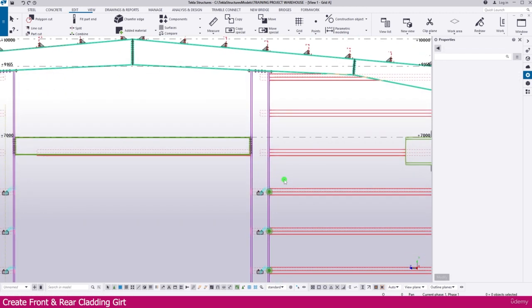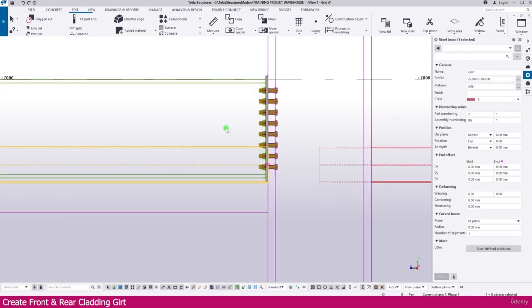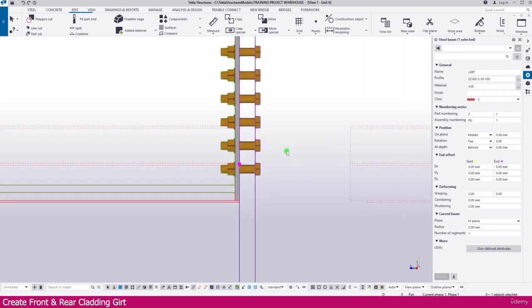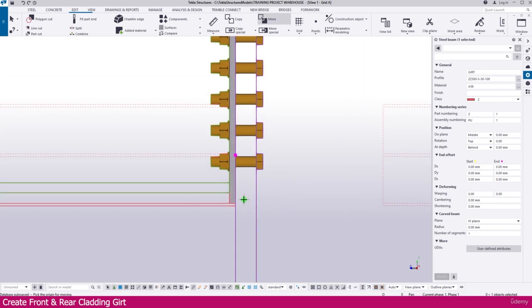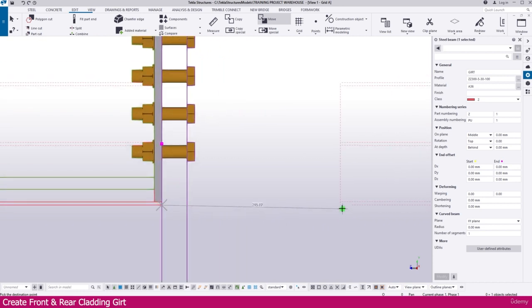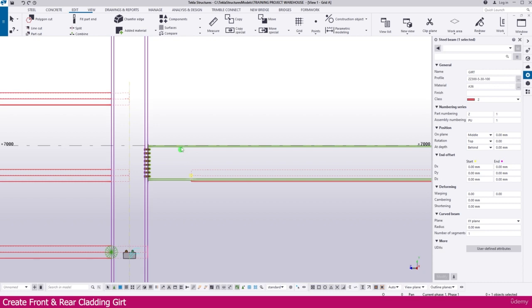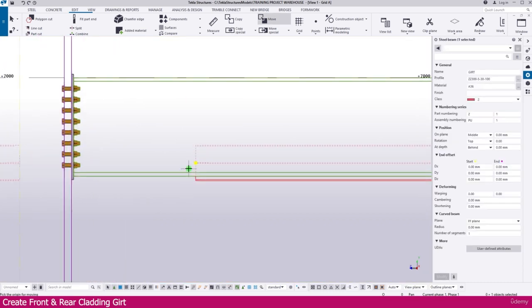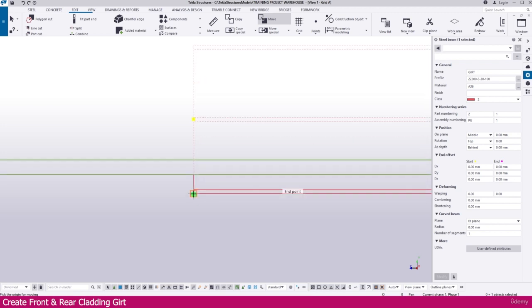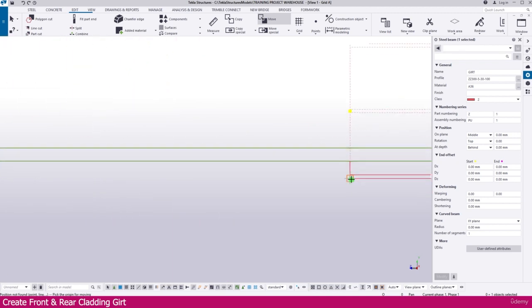So now here it is. Next we need to select this one. Press Alt and you have to select like this. Right click, move, click any location, any point, again place it like this. Similar way we need to do this side also. Select this one, press Alt, right click, move, click any location, same location we need to click the location